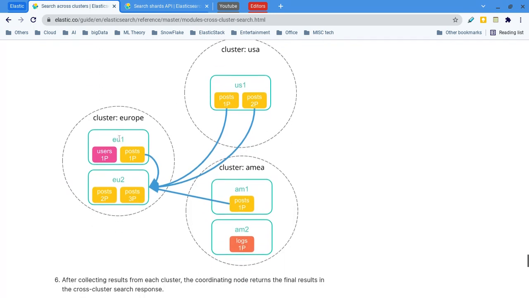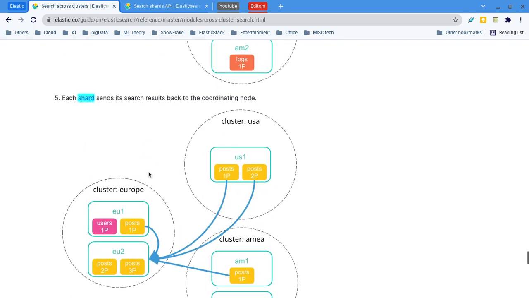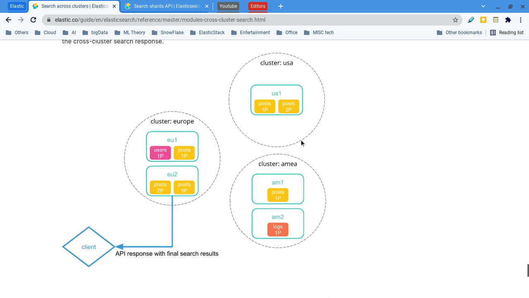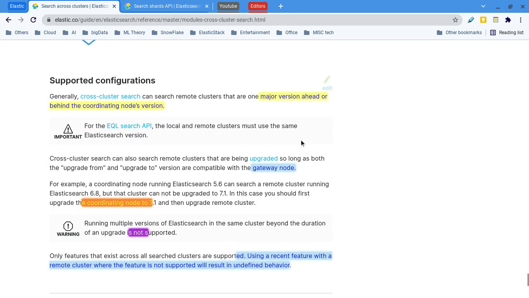Then again each shard is sending the response back. That's why there are 2 lines. One is the cluster level request, the second is the shard level request. The coordinator receives from the node and sends it back to the client. So these are the 2 ways to search: minimize network round trips and don't minimize network round trips. Don't minimize means we are sending the shard search request. Minimize means we are sending the cluster search request. That's it, no other difference.